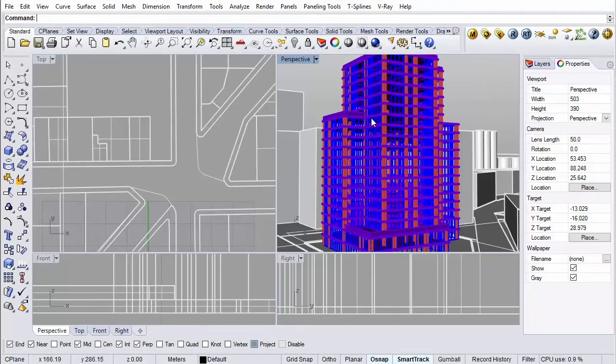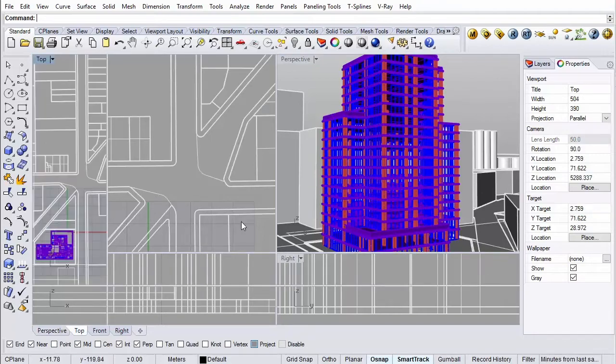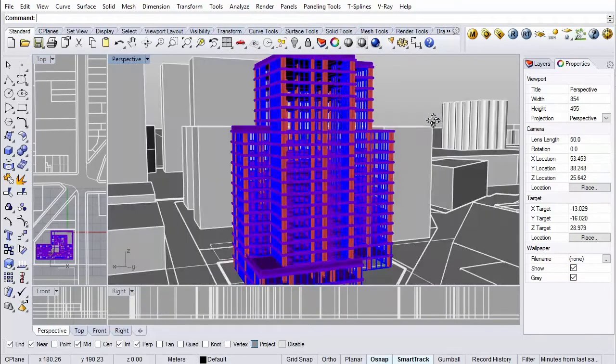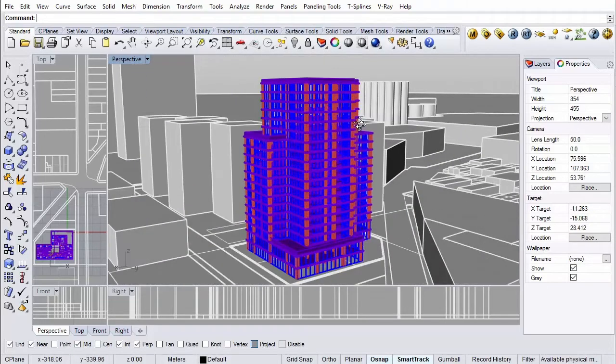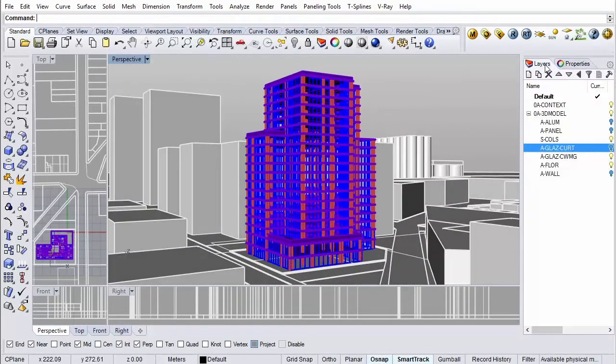So we've got our file here, which is this building. And it's quite important that our building is set up in such a way that the objects within a layer all have the same material.